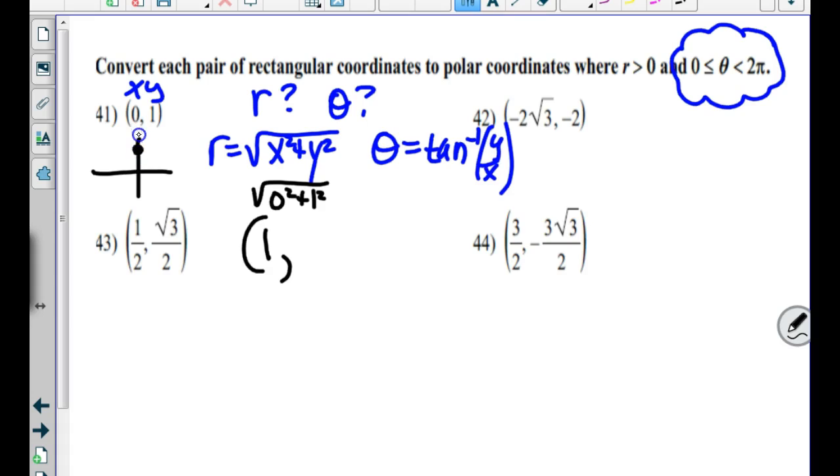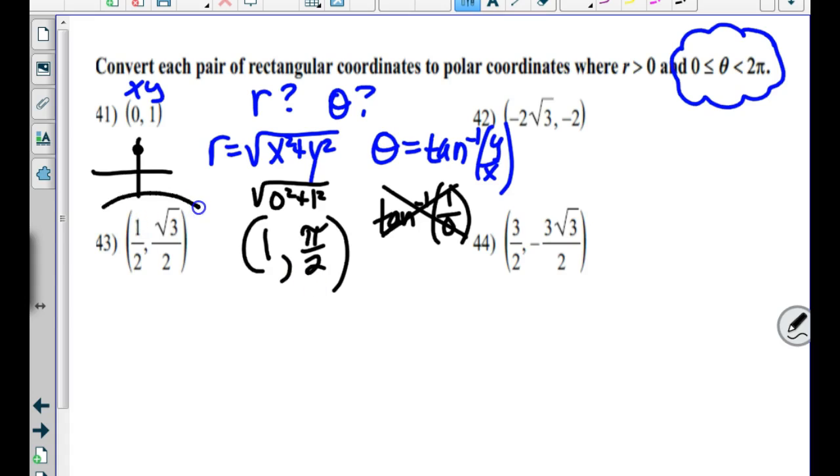Guys, what's the name of this on your unit circle? Pi over 2. If you do inverse tangent of 1 over 0, is that going to work? No. Okay. This one is at 0, across 0 and up 1, you are out a radius of 1 at pi over 2. I don't know that it's like that on the quiz, but you should be able to find that